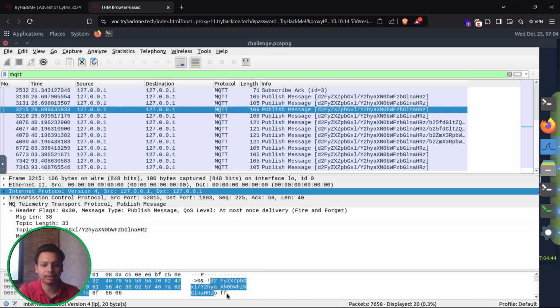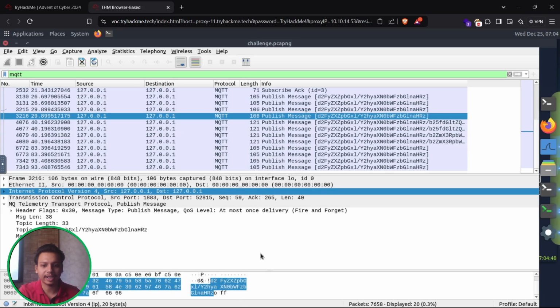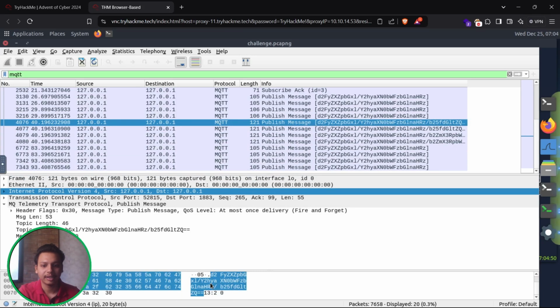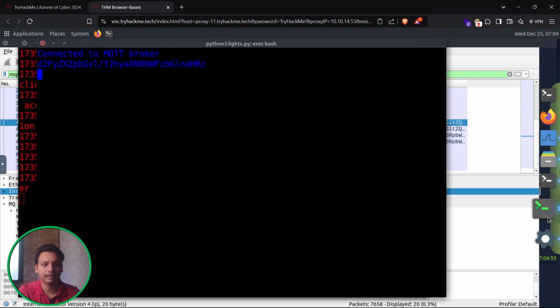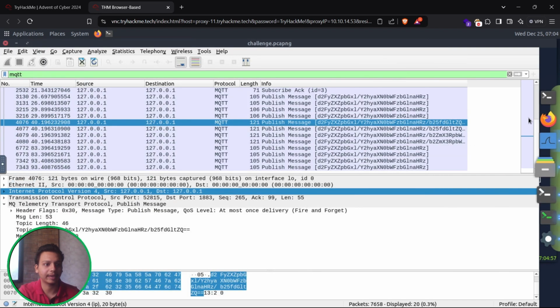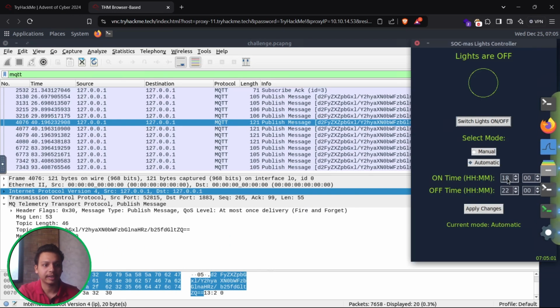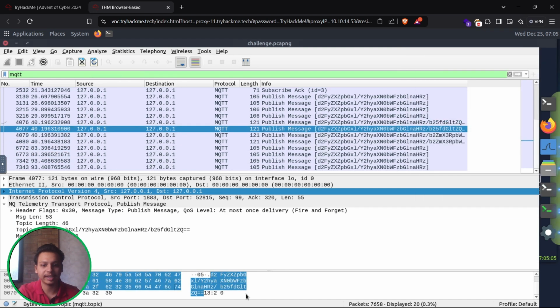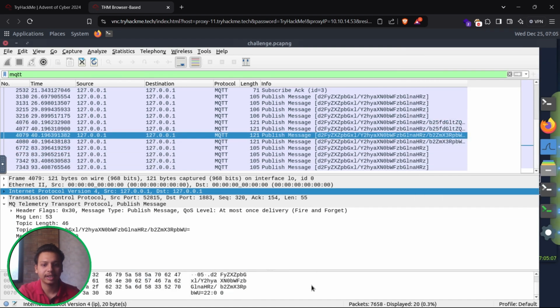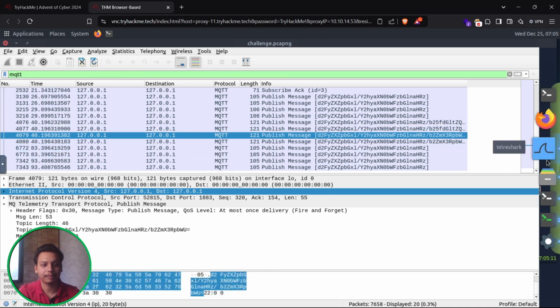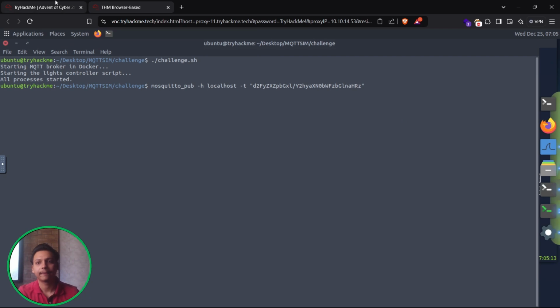Similarly we can see other messages as well, that is about the on. Similarly we have tried to turn off over here, OFF, and some of the things are like reading the messages and all. So let's see 1800, 2200. We can check it out over here where these particular things are. You can see 2200. So it means that we have to make the message as on.